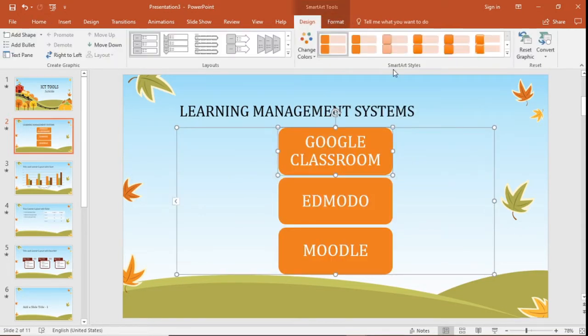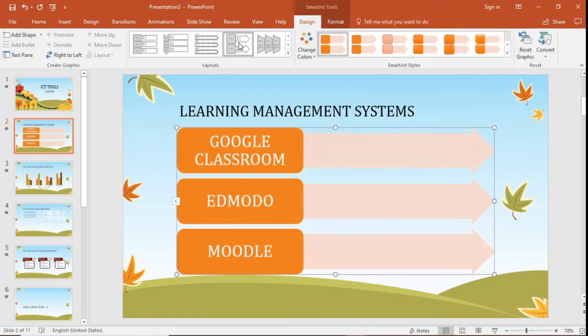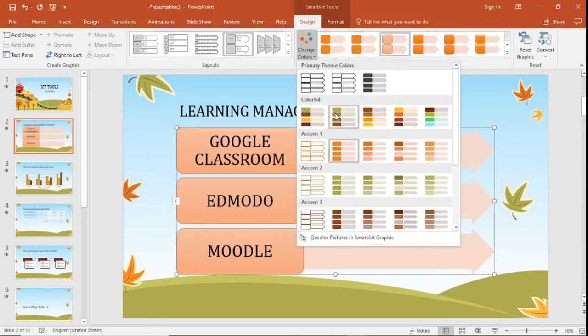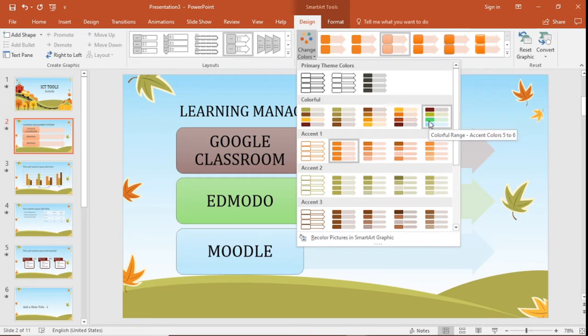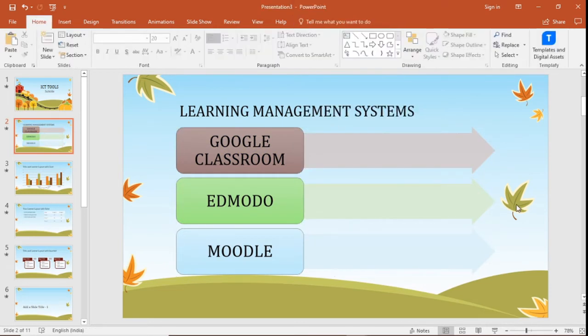So for example, I've chosen this, and a lot of options are there to customize, like we can change the shape, we can change the colors that we want, and we can do a lot of features. So if you just type the bullet points, choose the particular bullet point, go to the home tab and select convert to SmartArt. It converts the total bulleted points into beautiful SmartArt for us.